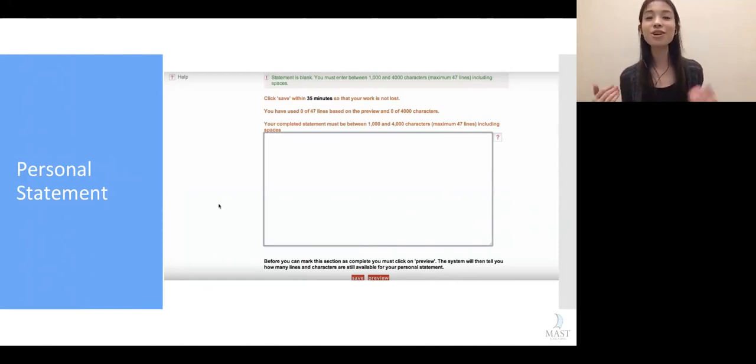And so since you're applying to 5 schools most likely, you obviously can't tailor one personal statement to all 5 schools. So what I recommend you to do is to tailor your personal statement to your first and second choices like I did, and the rest of the schools will probably like your statement too.